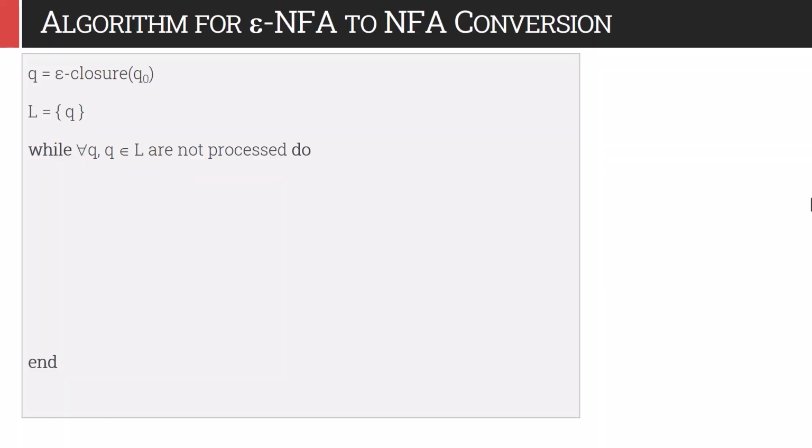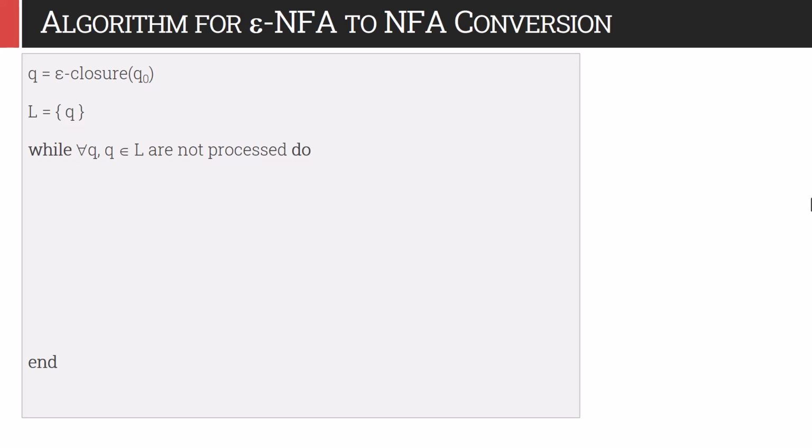Let us first understand the algorithm for the conversion. We need to compute epsilon closure of initial state Q0. Let's call it Q, and we will add that Q into one list. Let's call it L. Now one by one we will compute delta transition function, and then we'll compute epsilon closure of that for every state in L. So for all Q, if Q is in L and if it is not processed, then